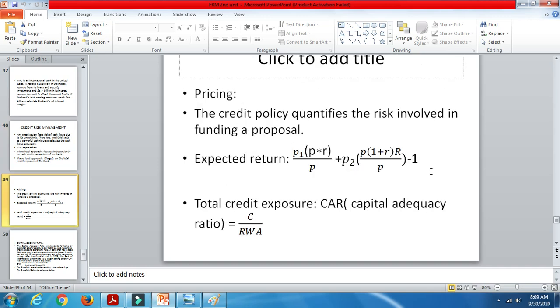Let's talk about the pricing now. Let me tell you about the micro level. It involves a careful selection of borrowers, understanding the credit worthiness. If I go and take a loan from the bank, they will not just give it to you like that. They check your property, bank balance, everything. They check your credit worthiness also, how good you are at repaying your debts. That they are going to check, and then they are going to lend you the money.